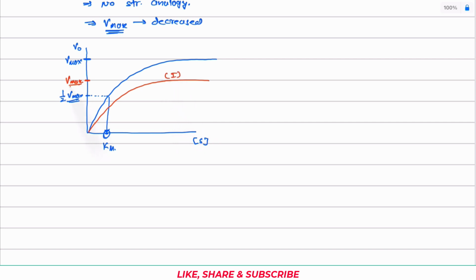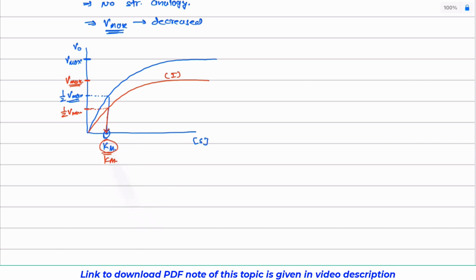Now if this is the new Vmax, then this is going to be the new 1/2 of Vmax, right? And the corresponding concentration of substrate is going to be the same. So here the new Km value is going to be the same as the old Km value. So we can say that the Km value is going to be the same or unchanged,